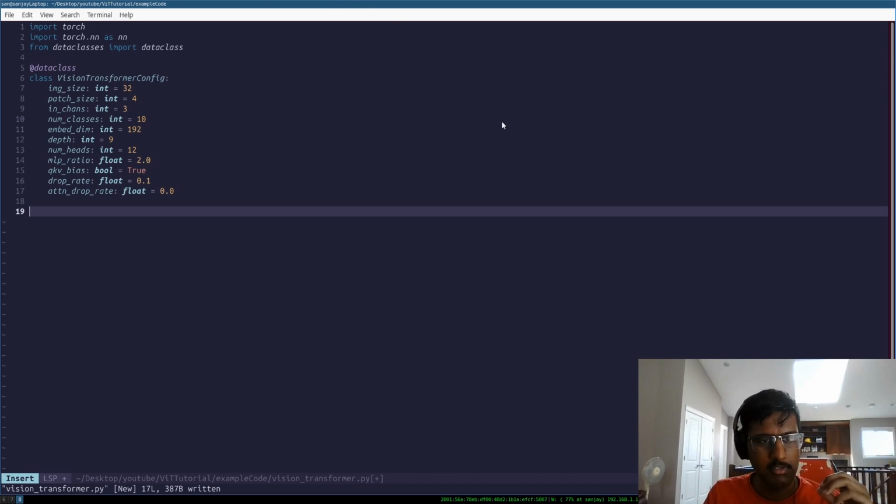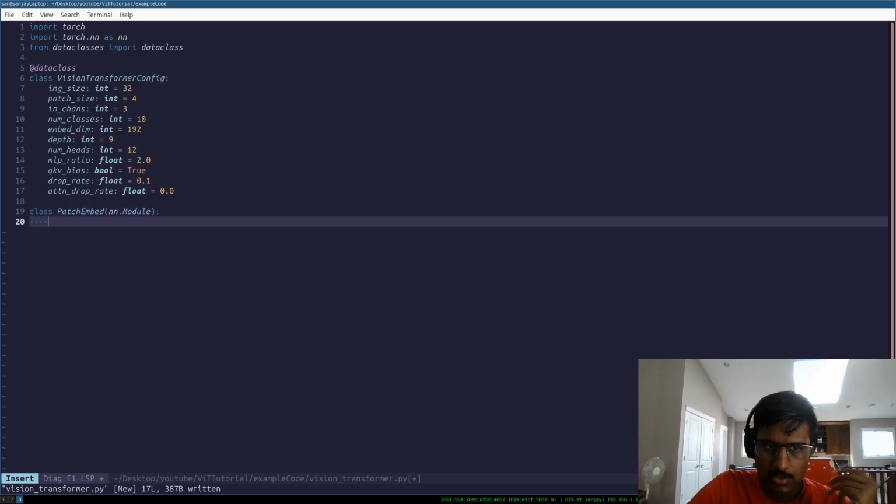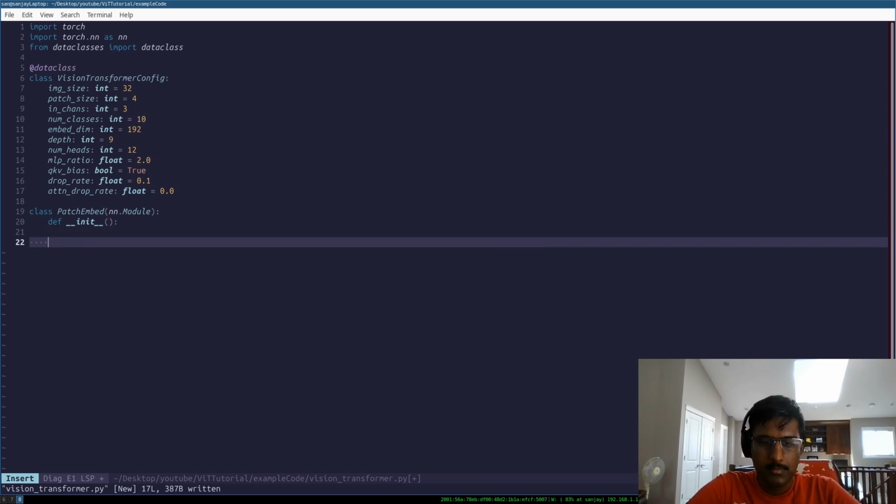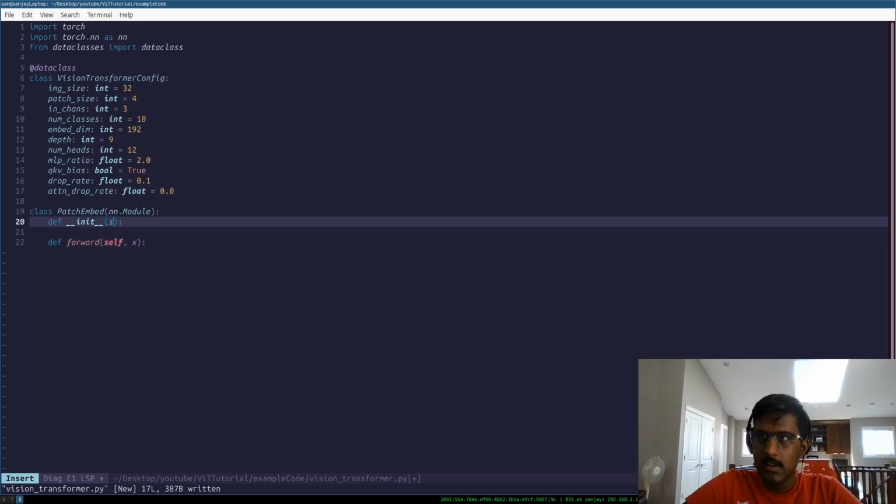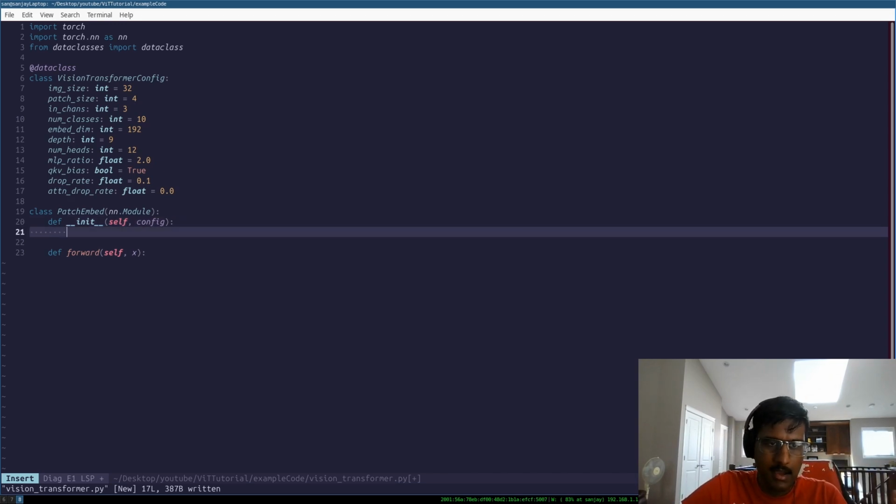Now what we have to do is actually create patch embeddings, right? So what I'm going to do here is make a new class, PatchEmbed, nn.Module, because this is just a small module in the neural network. We have to implement the init and the forward for this, so x, right? And we're also going to feed in config here as well. So we're going to be implementing this,